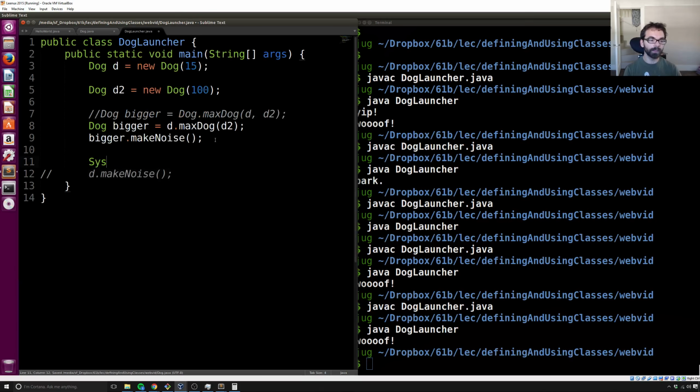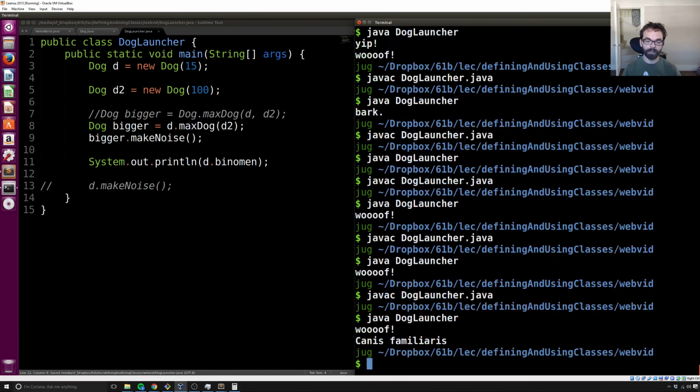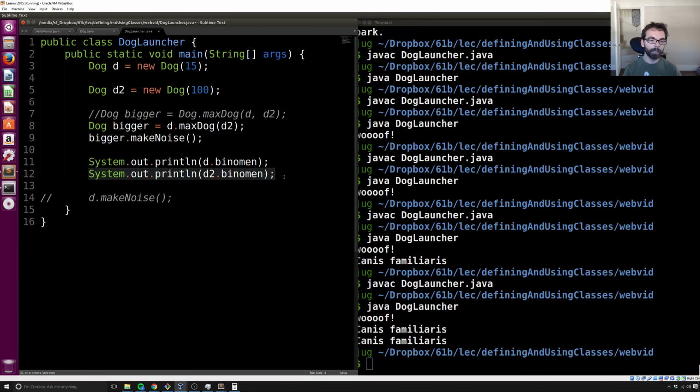So I can then go through and say system.out.println the scientific name. And so if I run this, I should hopefully get Canis familiaris. If I print out the other dog, I get Canis familiaris. Though I would argue that both of these are bad style, and that if you're ever